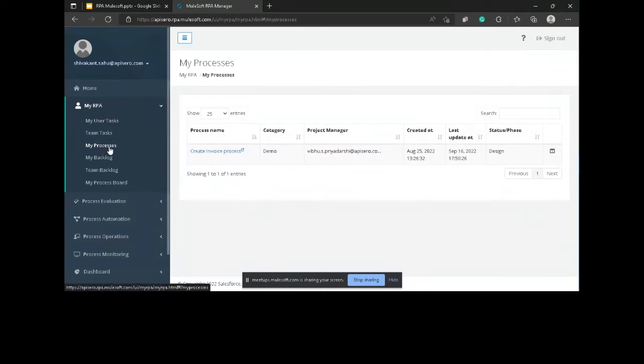So here, I created a process, and the process is the create invoice process. Create invoice process means, let's suppose somebody is creating PDFs.